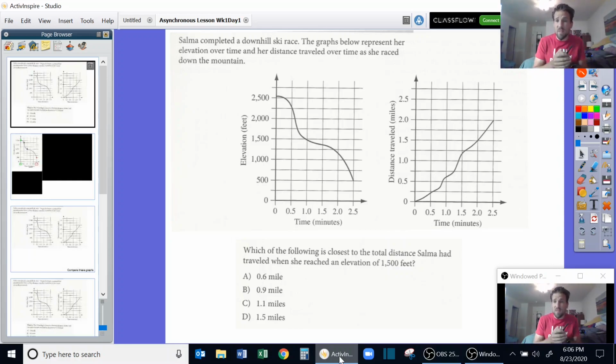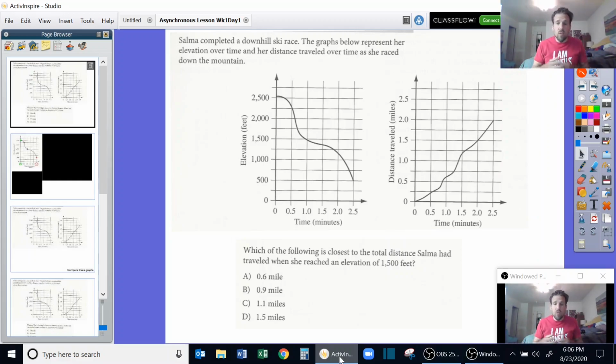Now, there's two graphs here, and my reason for presenting this problem is about getting a chance to look at graphs that have a whole lot of information and really tell us a story about something that's going on. This lady is skiing down a hill. And I want us to get in the habit throughout this week of looking at graphs and tables and equations and stories and pictures as ways to tell stories that have measurable things,